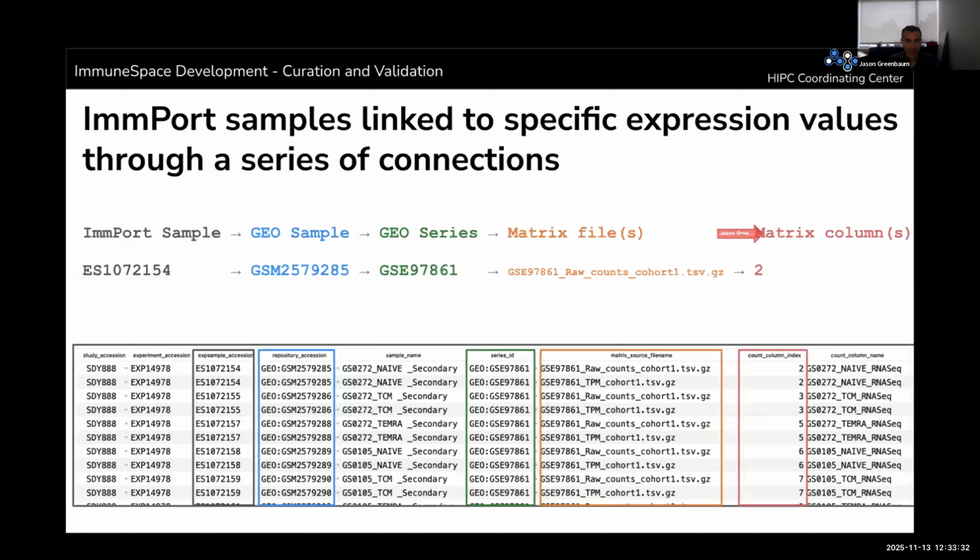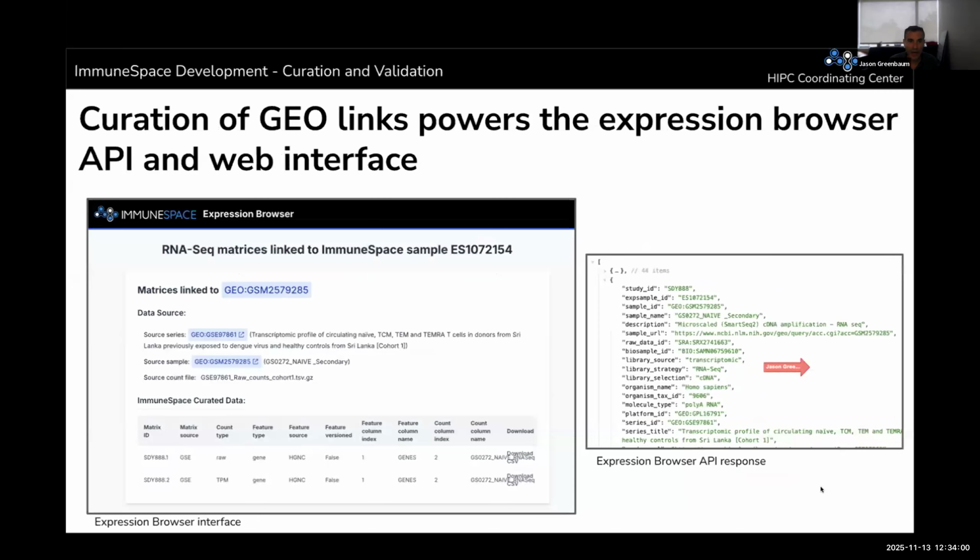And we can build tables like this down here, where we have one record per link. And we can see, for instance, this experiment sample maps to this GEO accession, series, and file. And we can find its data in column 2 of that file. And that column has the name as printed here. And then we can use that data to